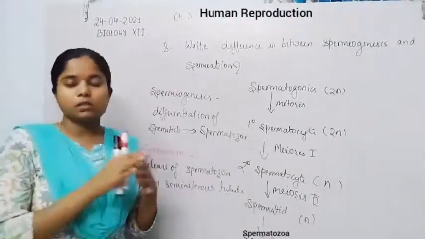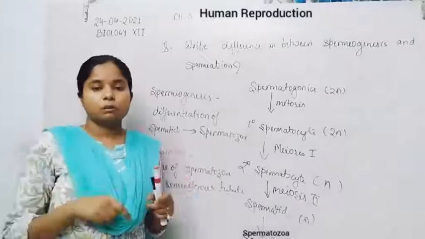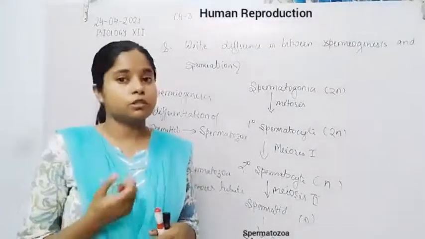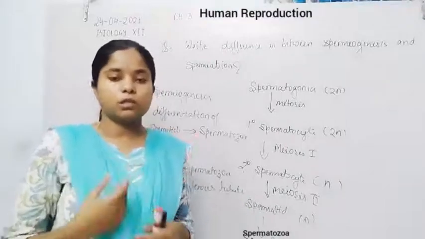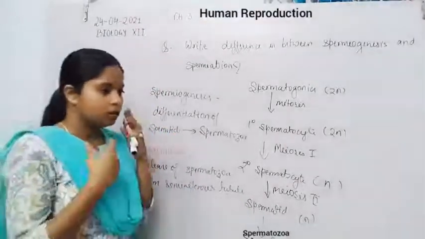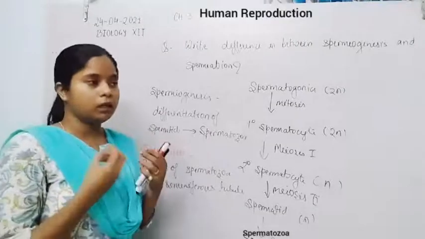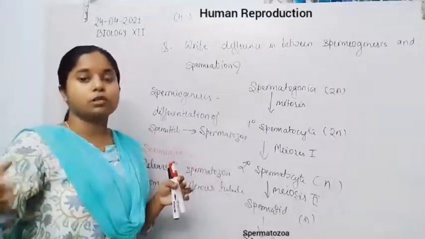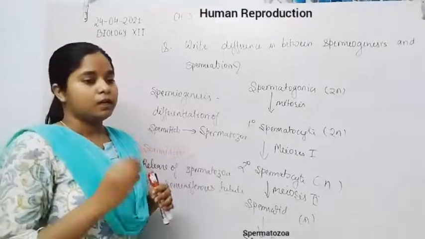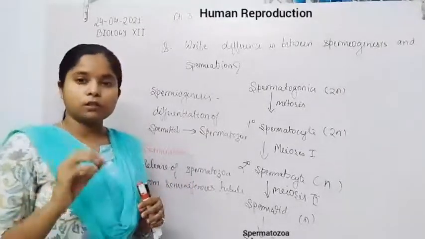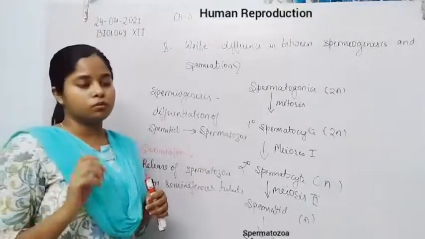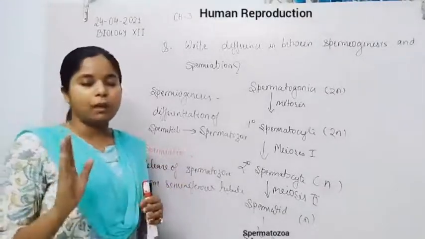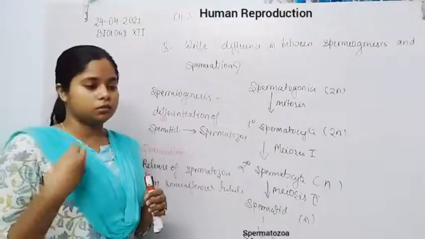they are embedded in the membrane of the Sertoli cell, so that they can easily get their nutrients, nourishment from the Sertoli cell. When they are released, after the development, when they get proper nutrition from the Sertoli cell, they finally release from the seminiferous tubule and transfer into the epididymis for the short storage.